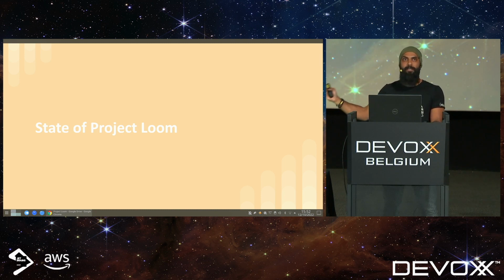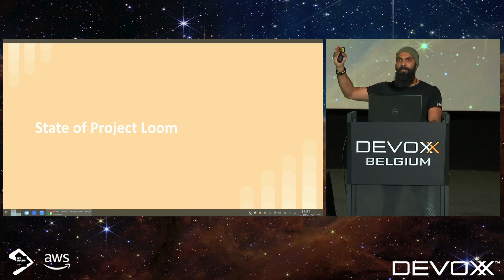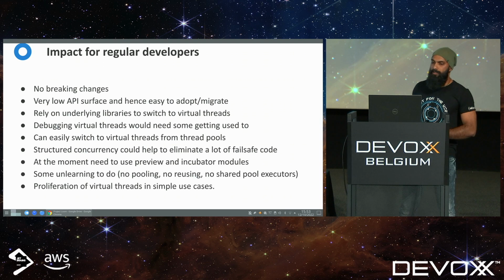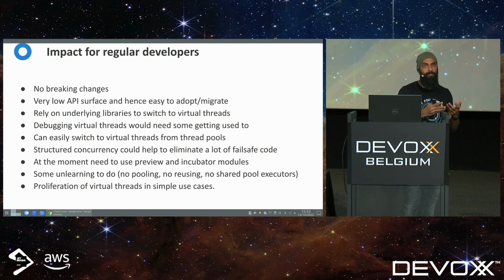The performance already looks great. So I'm hoping the stabilization path is going to be smooth, and we will soon have these in production. When these features are production ready, today it is not, but you can already see people starting to use it because of the great results. But when these are production ready, it should not affect regular Java developers, like people who are not writing libraries, that much, because most of you might be using a library or a framework to handle your multi-threading needs, and those frameworks might be doing the migration for you. So you might just be updating to a new version or whatever. Like a web framework, for example.